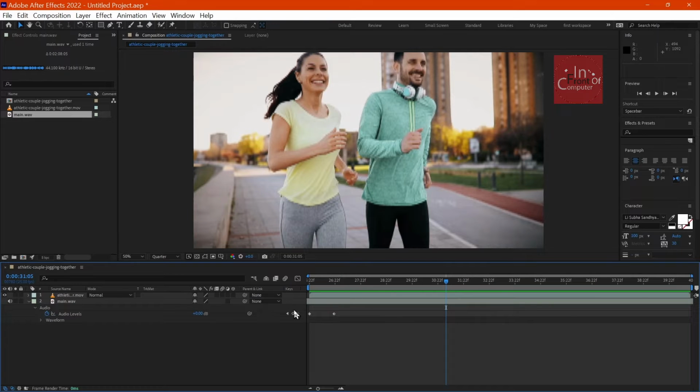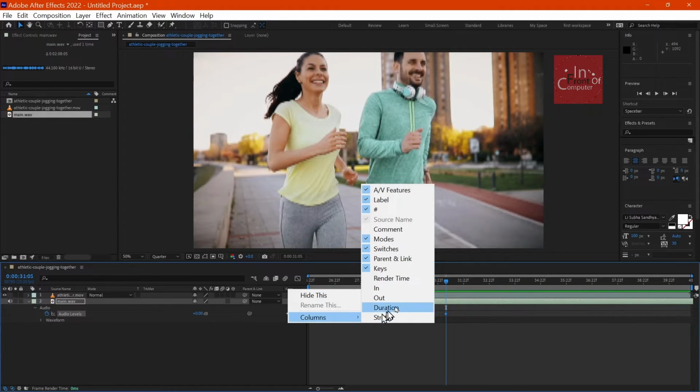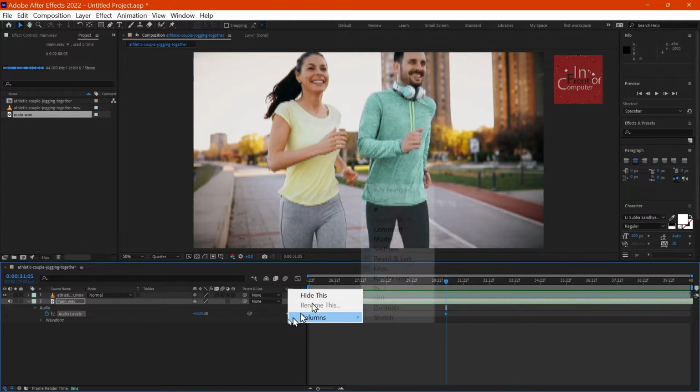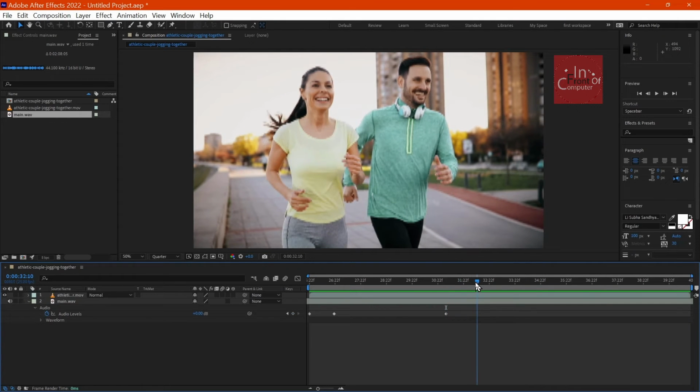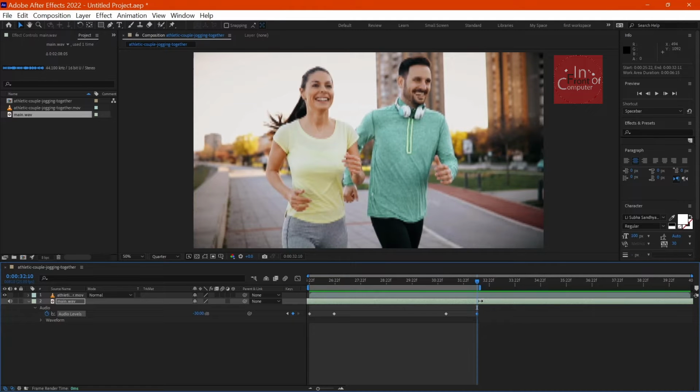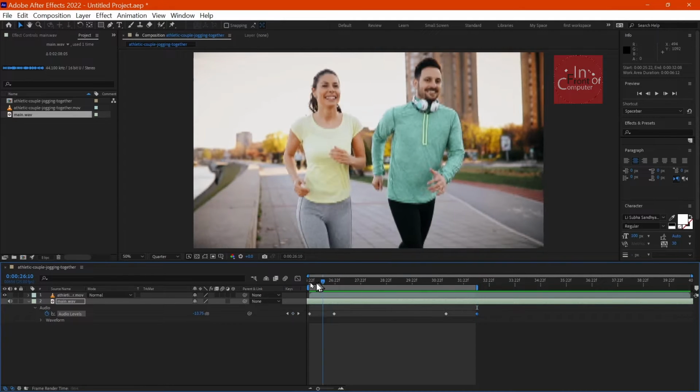For that you need to click here. If you don't have these keys, just right click here, go to column, and make sure these keys are selected or marked. So here this time we want to add another keyframe, but this time it's minus for fade out. Okay. So if I play it now,